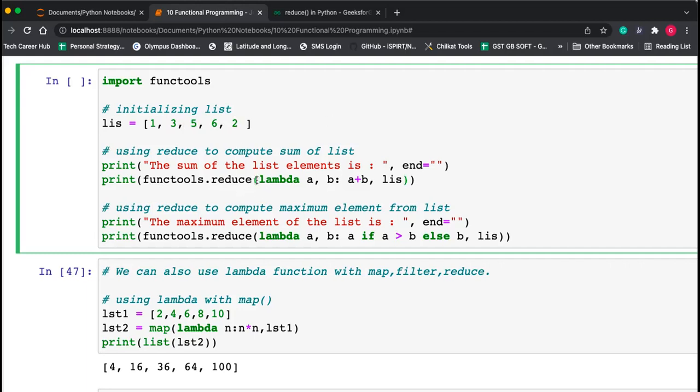So here I can write a function, or otherwise I can write a lambda function also. Here the lambda function: lambda a, b, input is 2 and the output is a plus b. Whatever it uses, a is the output from the last function call, and b is the new input. Like first it will calculate 1 plus 3,